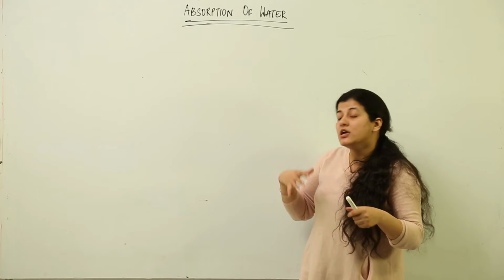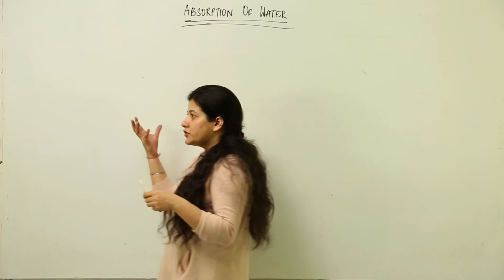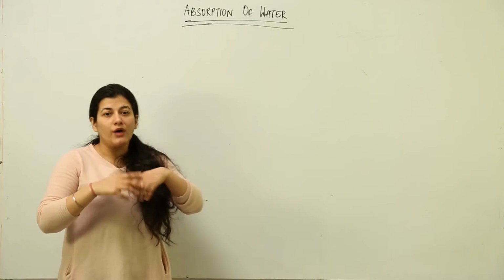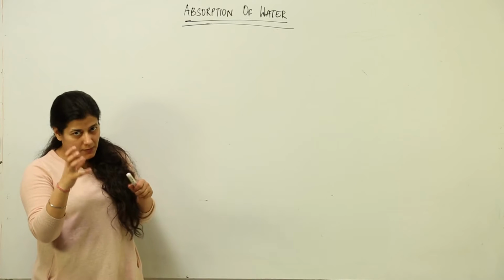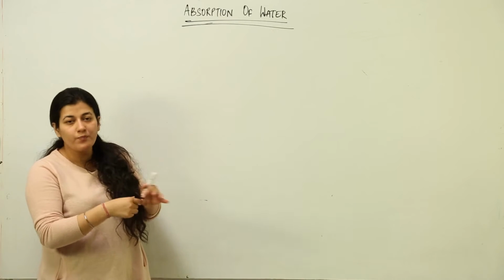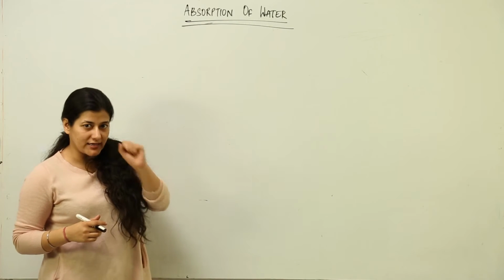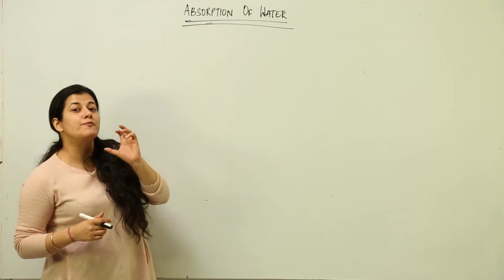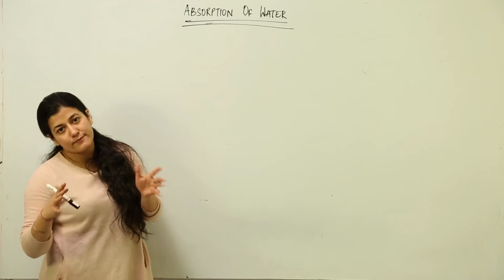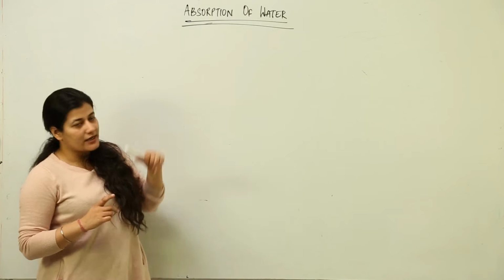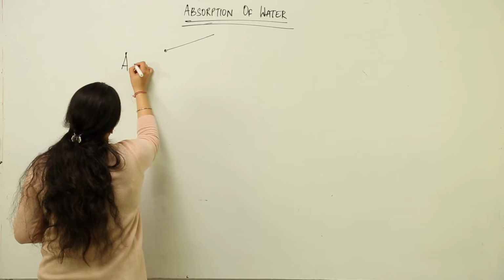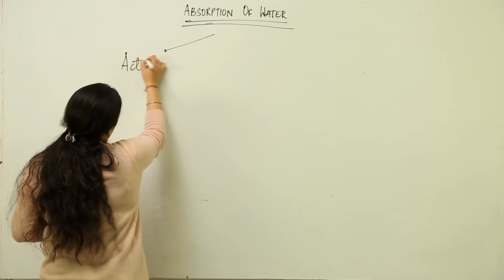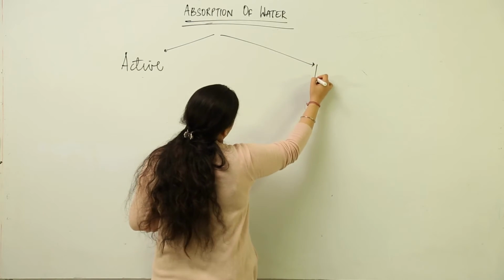And if the plant is an angiosperm, or the redwood trees which are so huge, how does the absorption of water take place? What would be the force behind it? Because we are dealing with the physical aspects till now, we are going to see the main force that lies behind it. What type of pressure is responsible for absorption of water? When we study absorption of water, it is of two types: active absorption and passive absorption.